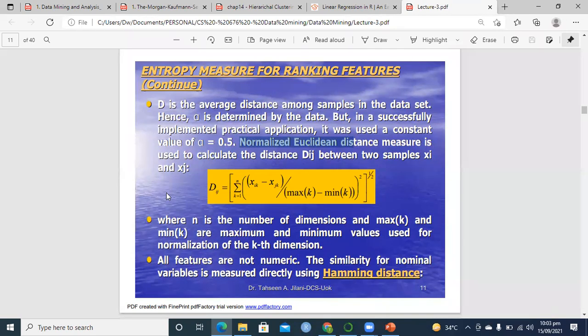For example, the age of a person may be from 0 to 150 or 200 years, but the salary of a person may be 0 rupees to 100,000 rupees, or maybe 200,000 rupees, 1 lakh or 2 lakh rupees. So if you have two columns, the first column, age, called the X column, and the second column, salary, suppose the Y column. You see there is a big difference between age values and salary values. That means we have to scale the two columns. For this purpose, we use the term normalized. Normalized means you convert your data into a specific range.